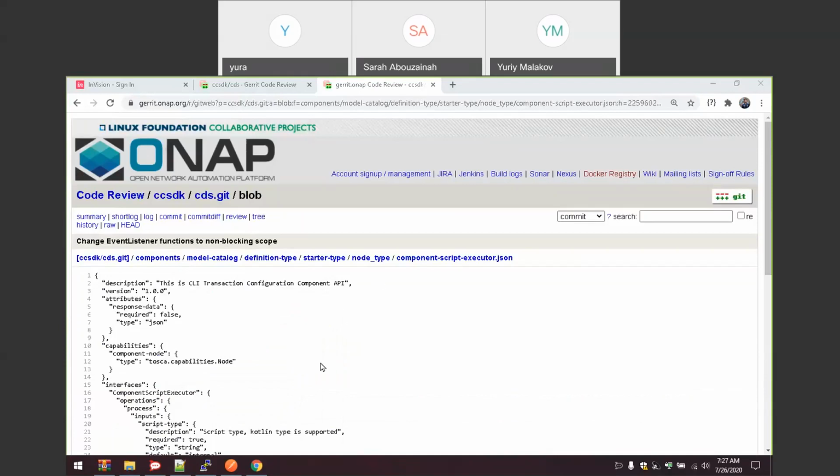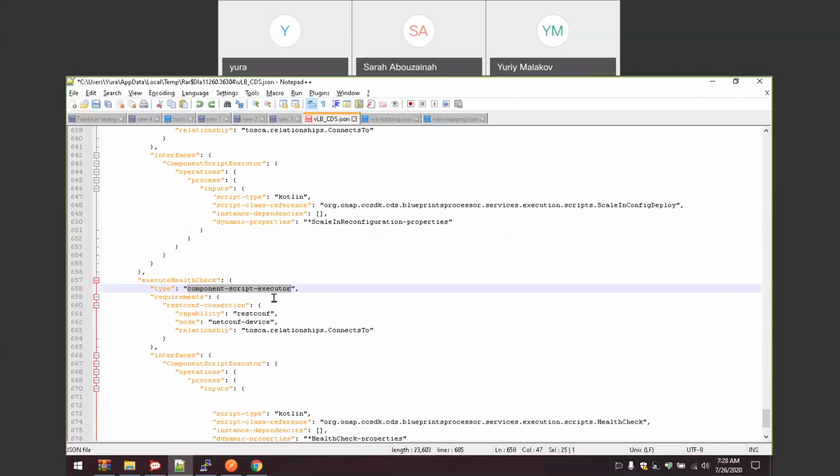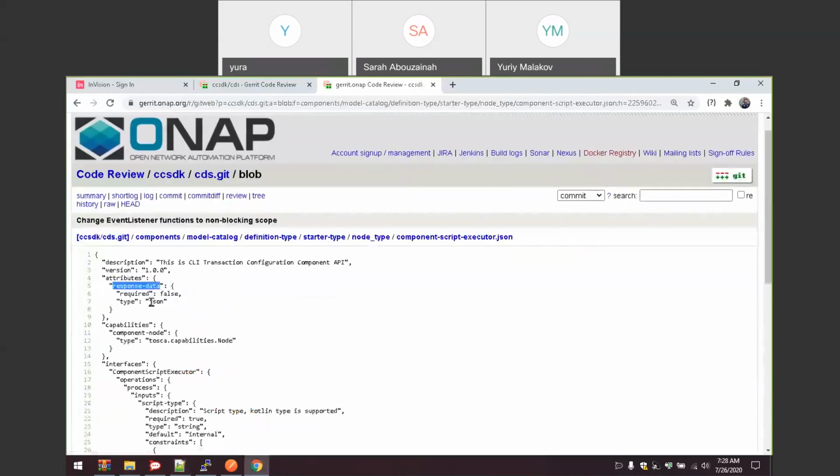Okay, if you look here, you can see this is the script component and it has an attribute of response data, right? Yeah. Because that workflow of health check is using execute health check, which is a component of script executor,